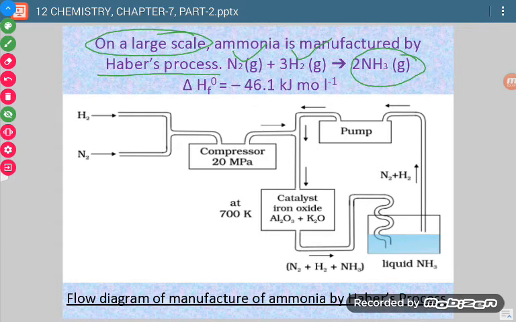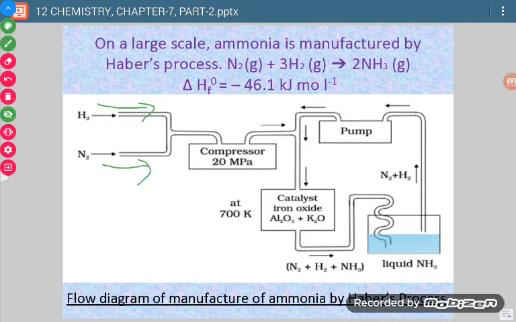Now see, this is the flow diagram of how ammonia is manufactured in Haber's process. In the beginning we take both the gases in the required ratio, 1:3. So nitrogen and hydrogen are fed into the compressor where they are compressed, and after compression they